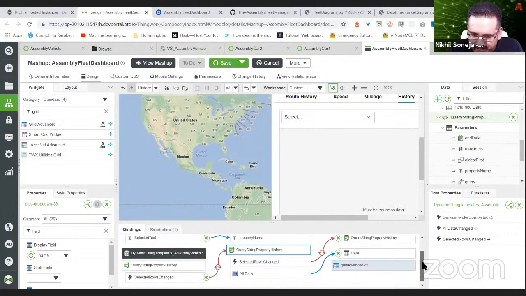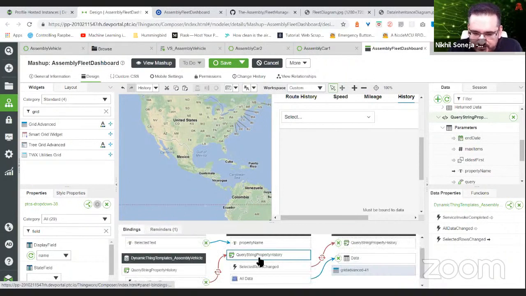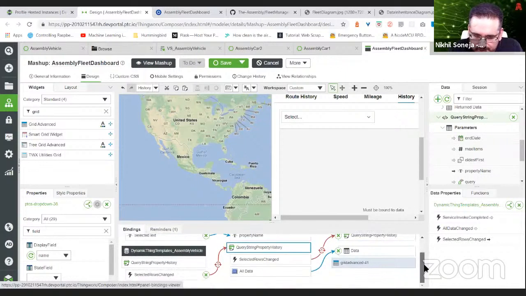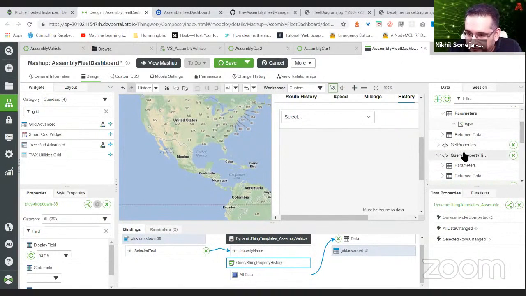Oh, I can see there are some reminders here. Okay, I can see I've done a binding loop somewhere. So something has gone wrong here. I can see why. Because I did query string property, I should not do that. So I'm going to disconnect this. You should always look out for these things. I should have done that from the,